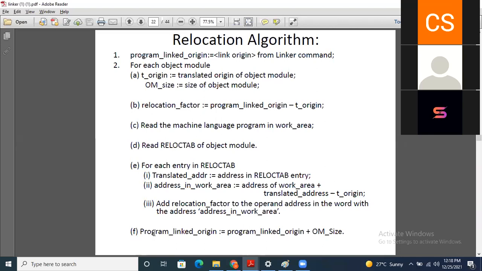Okay, so this is the relocation algorithm, and using that algorithm you can perform the relocation of your program. Okay, clear?